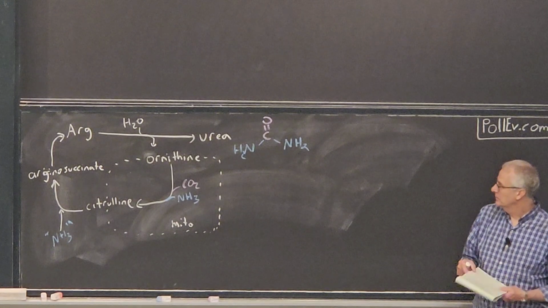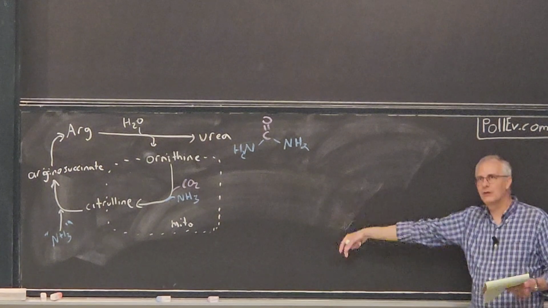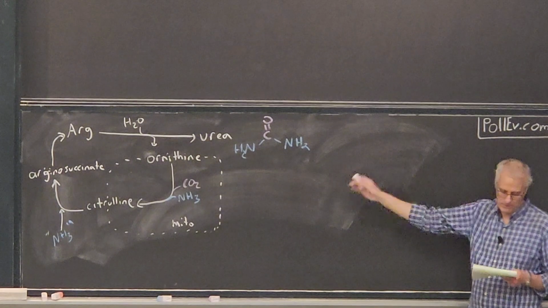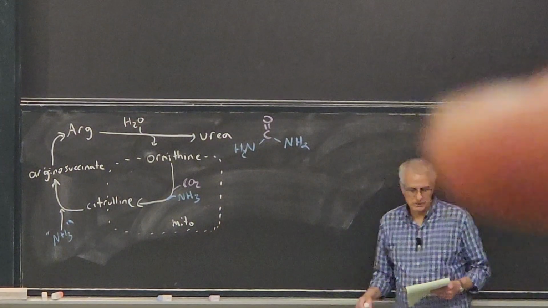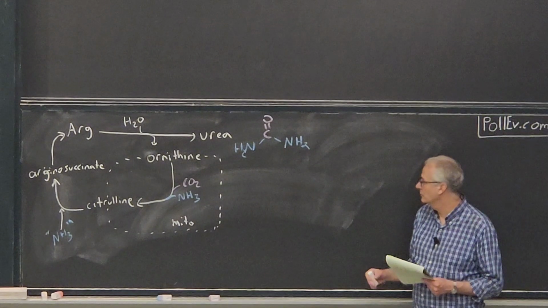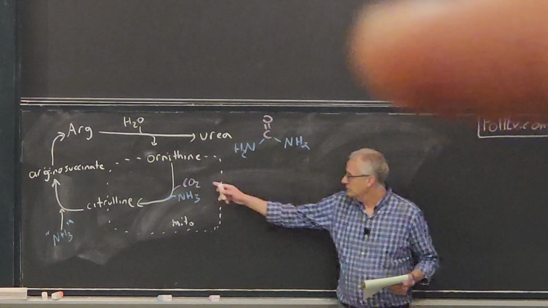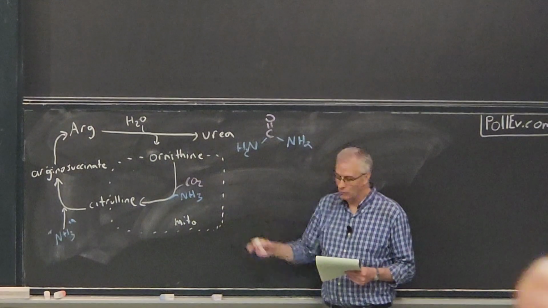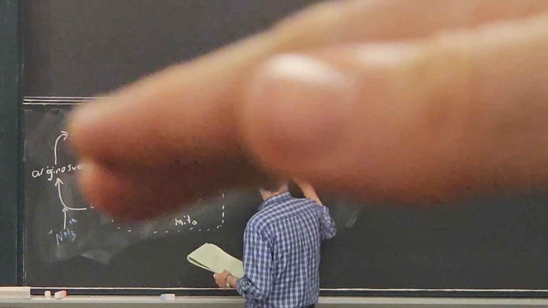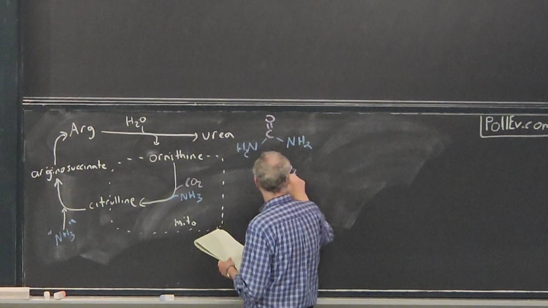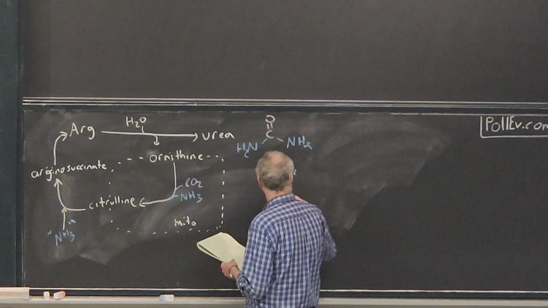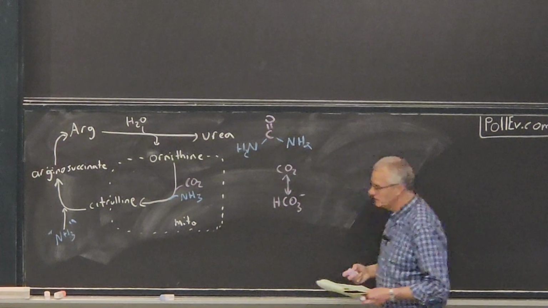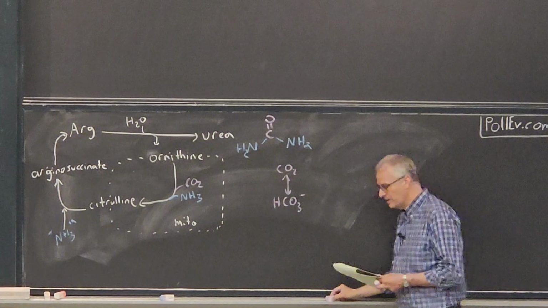Okay, so let's at least start going through how this works. And since I only have 6 minutes left, we may have to finish it next time, but we at least have time to discuss the first of these, the mitochondrial reactions. All right, so we're going to add CO2 and ammonia to ornithine. The way this happens is chemistry that you've seen before, though it's a little different. Remember, CO2 is in equilibrium with bicarbonate, okay?